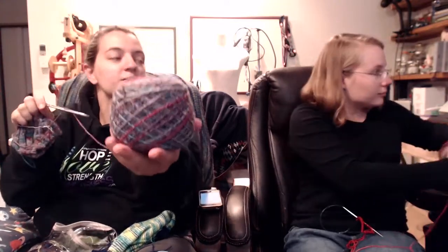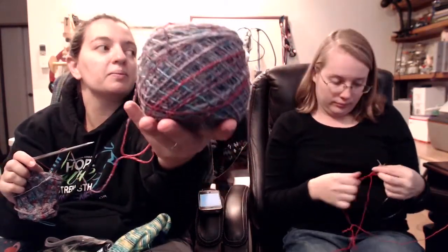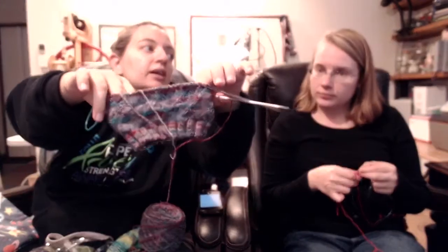But this is some hand spun. Ooh, pretty. Yeah, it's a fingering weight 2-ply, and this is from one of my bats, so it's got a lot of different fibers in it. It's a little bit textured. It's sparkly. And I am working on this little baby hat,